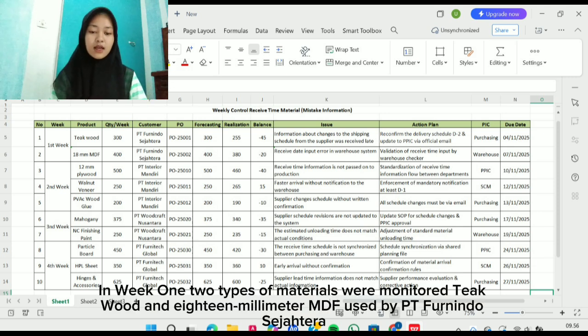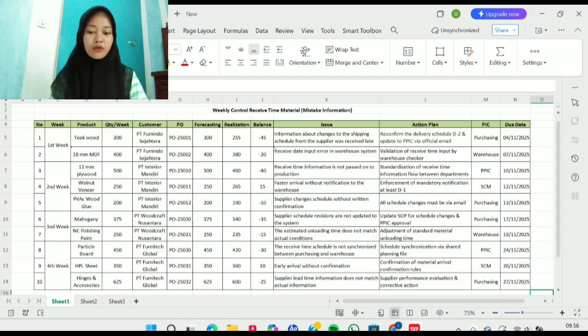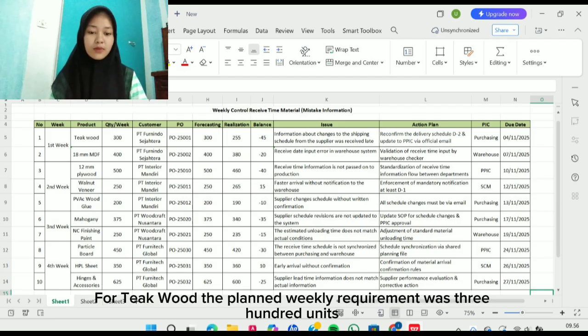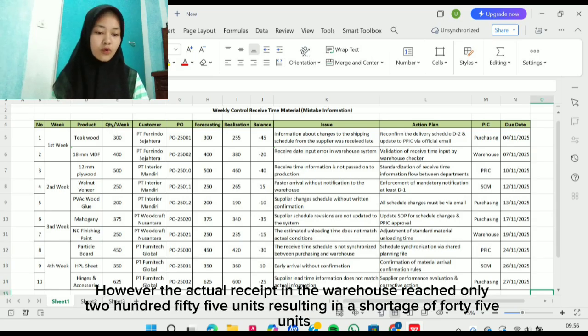In week 1, two types of material were monitored: thick wood and 18mm MDF used by PT Nindo Sejahtera. For thick wood, the planned weekly requirement was 100 units. However, the actual receipts in the warehouse reached only 55 units, resulting in a shortage of 45 units.